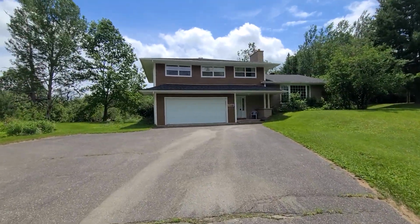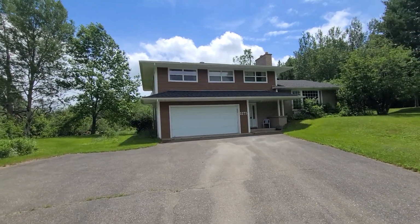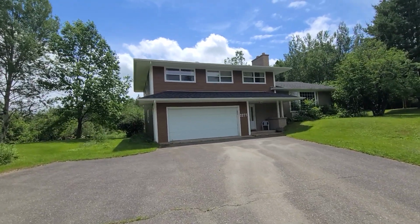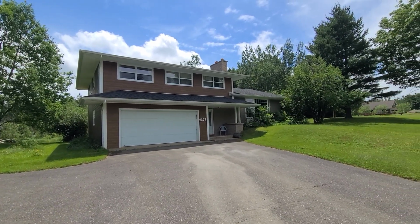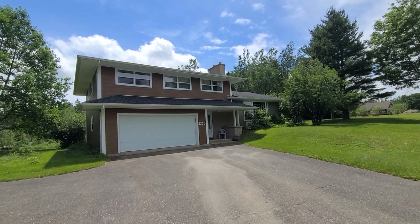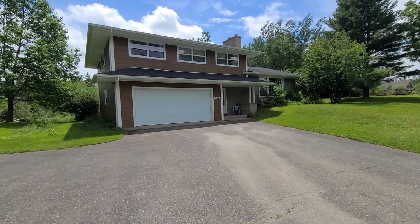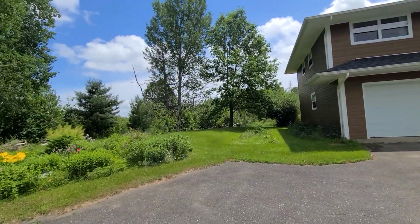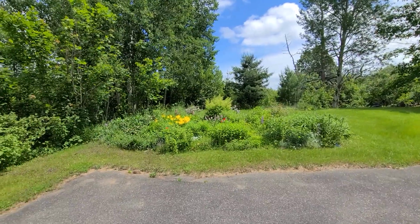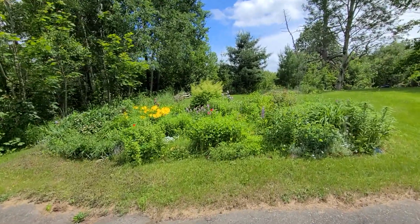So the property itself, the house itself I should say, has been recovered in Connexcel siding, so there's no maintenance to do there. Roof was changed in the last 8 to 10 years approximately. Windows and doors have been changed out. You have a paved driveway, as you can see. You have a double car garage, which is nice. And it is a very natural setting. You have some really pretty perennial gardens here,